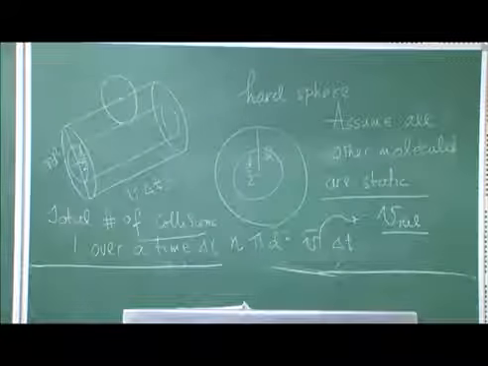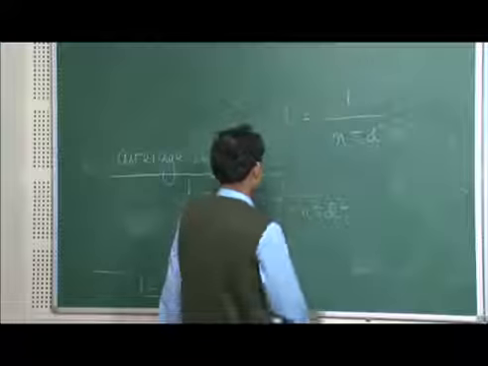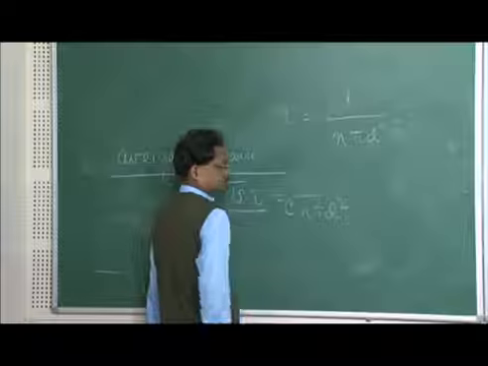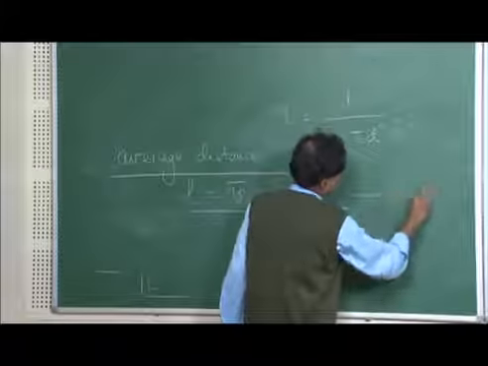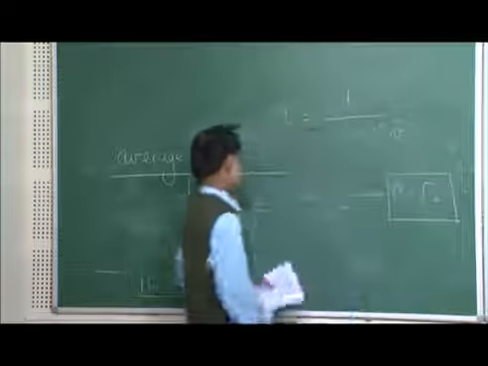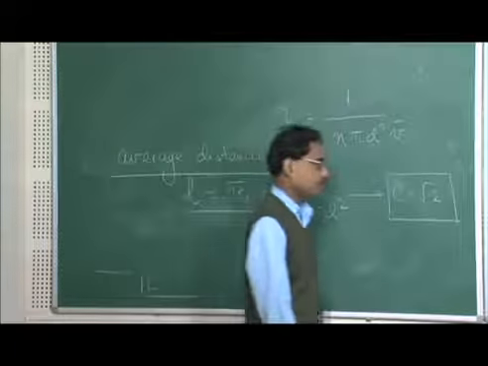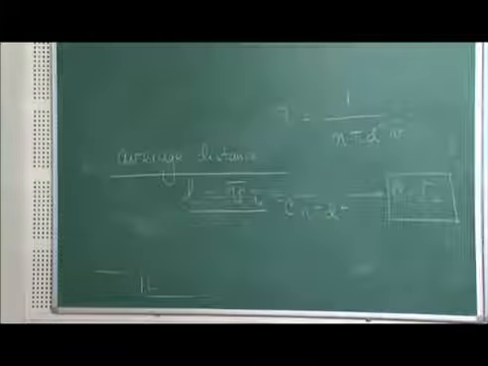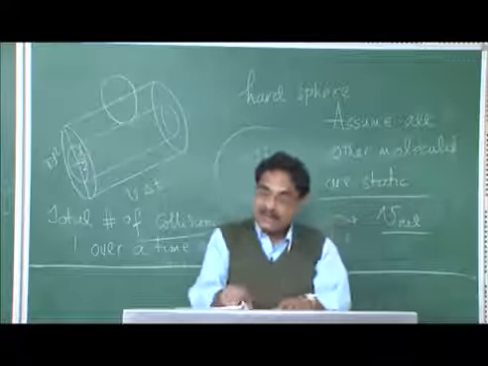But that does not alter this result much. All that you get is a numerical factor, and more sophisticated calculations will give this number probably of the order of root 2. But essentially the functional form we have found out holds true. So, this completes more or less all I wanted to say about